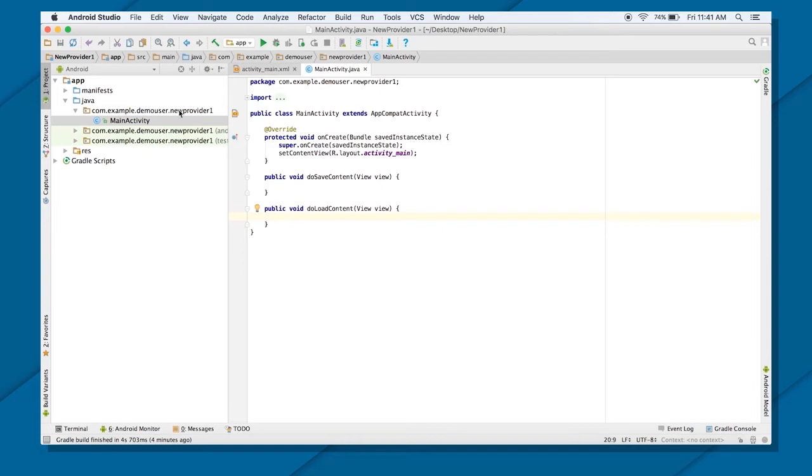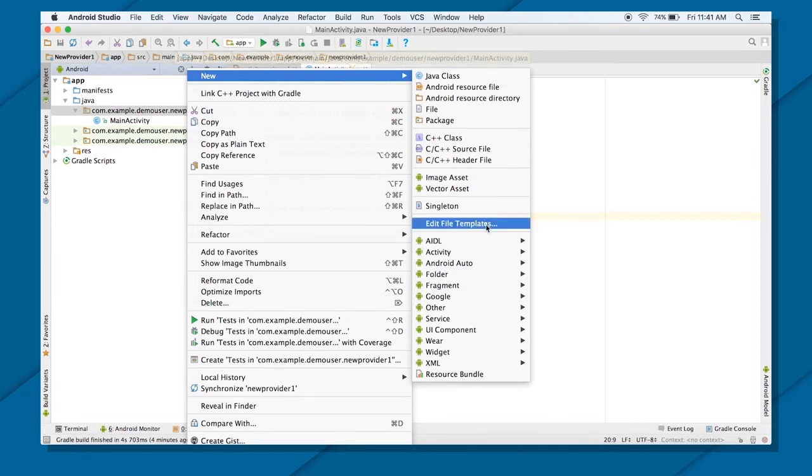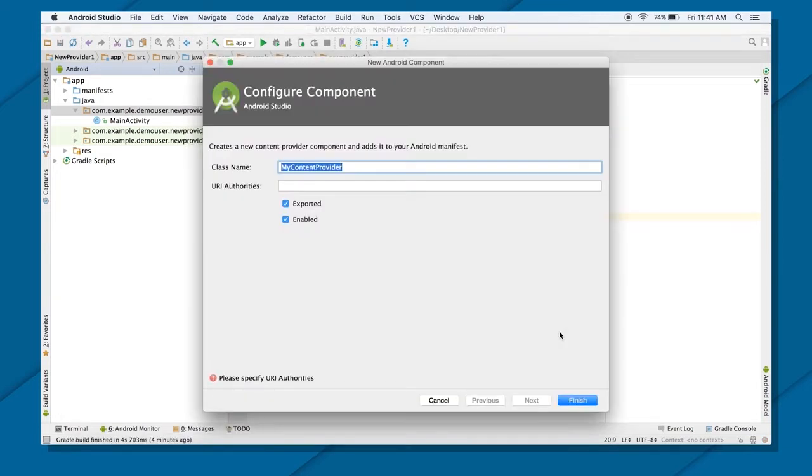But for that, I need to create a content provider first. So how can I do that? Right click on your development package, go to New, then go to Other, and then click on Content Provider. Now give the name of the class. Let's say CompanyProvider.